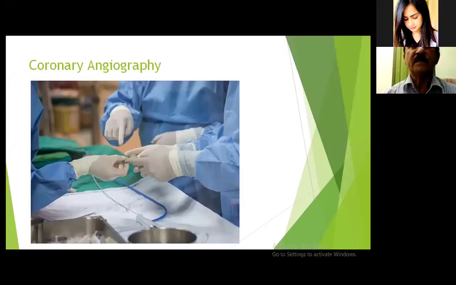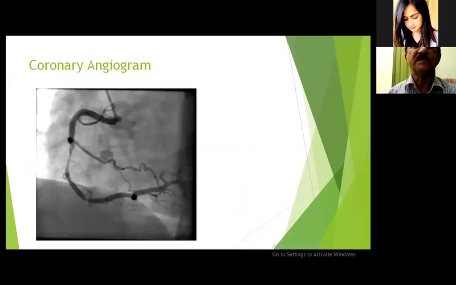Coronary angiogram, cardiac catheterization and coronary angiography, is the gold standard for the diagnosis of coronary artery disease, ischemic heart disease, or stenotic or narrowed coronary arteries. If you look at this, they are introducing the catheters. There are two types: right side catheter and left side catheter. This is the diagram of the right coronary artery after injecting the dye, usually iodine contrast, and you see the right coronary here in the middle. This is a stenotic narrowing.